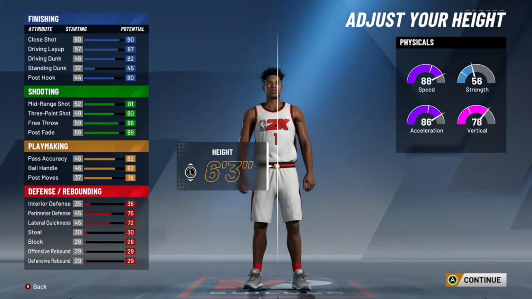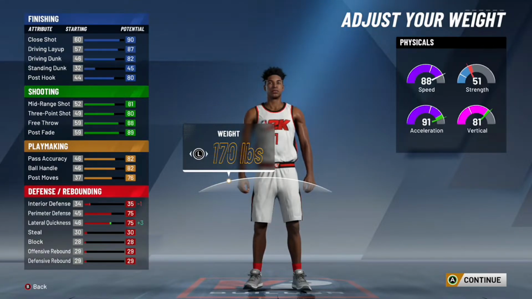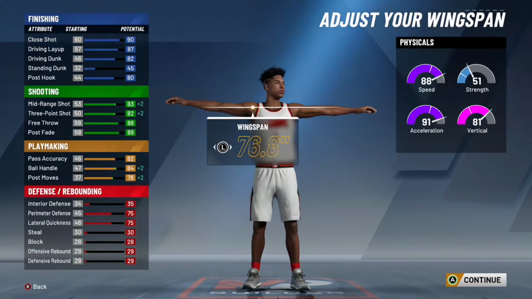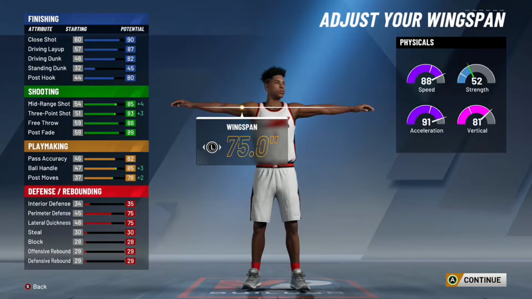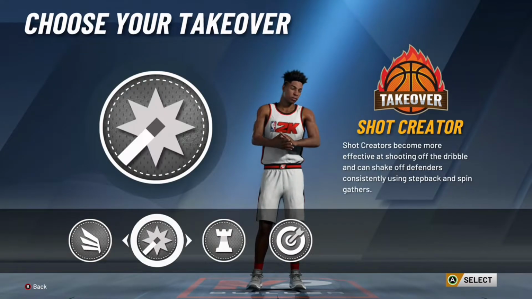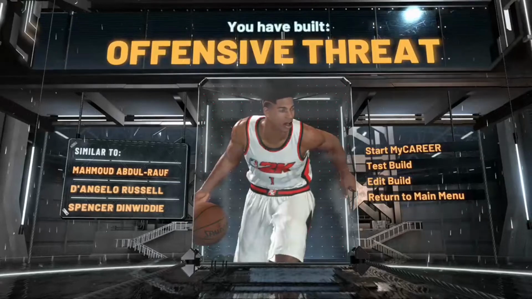So height, I keep my height at 6'3". I couldn't go lower than 6'3", that's just too much. Minimum weight, obviously, you don't need to have any type of weight, really, if you're just a regular point guard. So minimum weight, and I'm going minimum wingspan. I used to not like doing this, but it really has no effect on you besides giving you better dribbling and shooting. So if you're willing to go 6'3", minimum wingspan, and still be able to dunk on people,